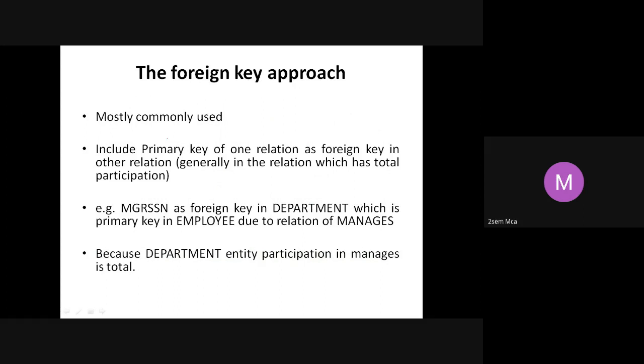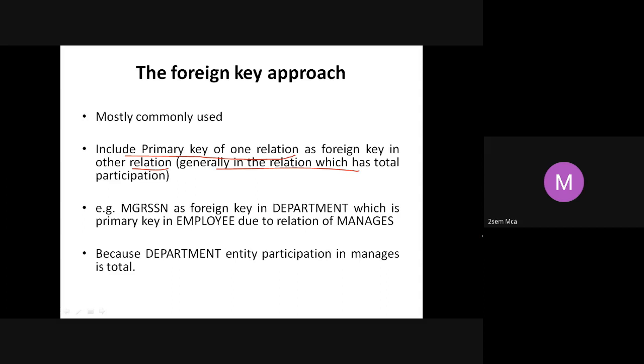See here, what is given? Let me come to the theory part. What do we have to do? Include the primary key of one relation as a foreign key in the other relation. But which relation's primary key should be included as a foreign key in which relation? Generally in the relation which has total participation. Whichever side has total participation, include it there as a foreign key.